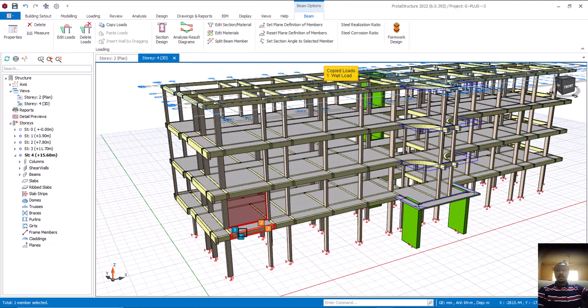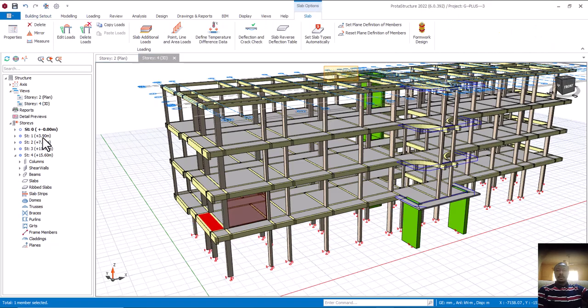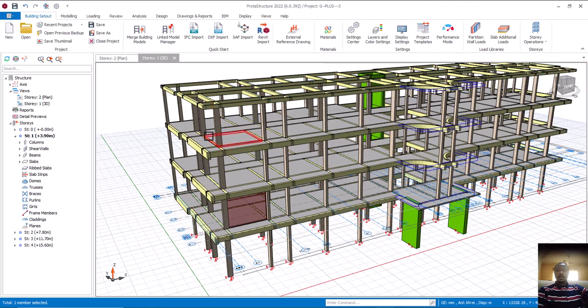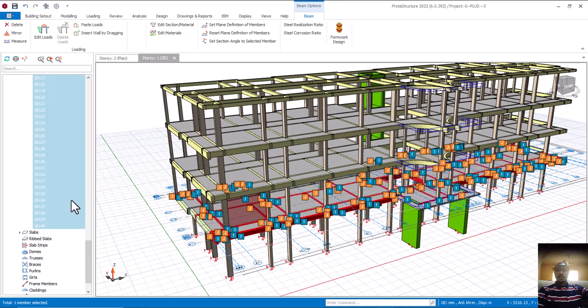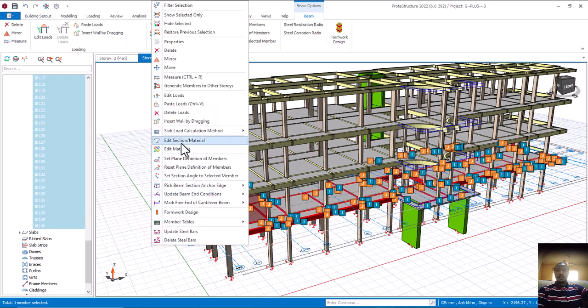I will say yes. Then I'll now click on this, go to story 1 plan, double click on this one so that all the axes will come to story 1. Then click on this one. Can you now see it here? Click on this and scroll down, and then pick this, pressing your control key also. So I'll just click on this one now, right click and click on paste